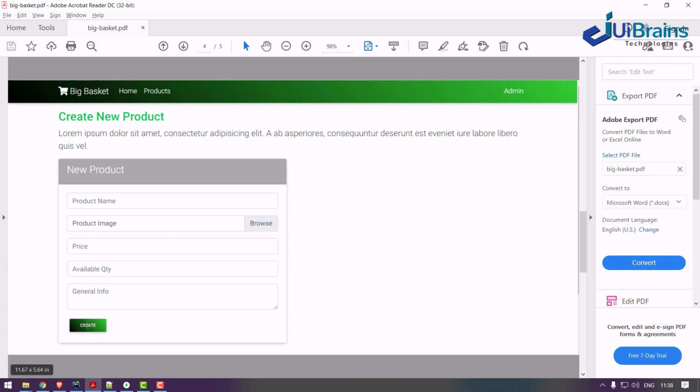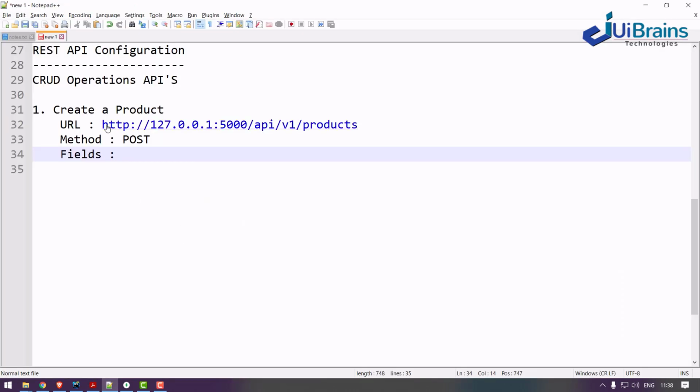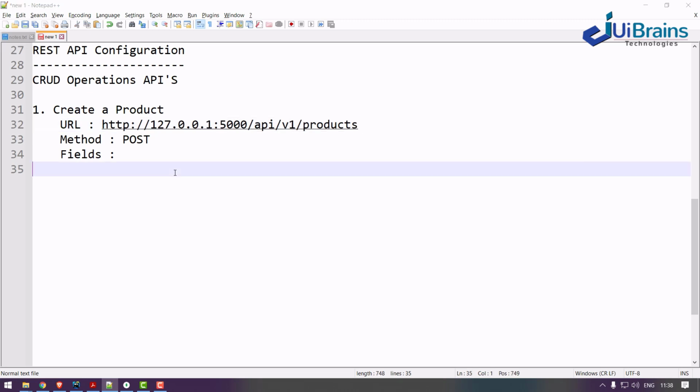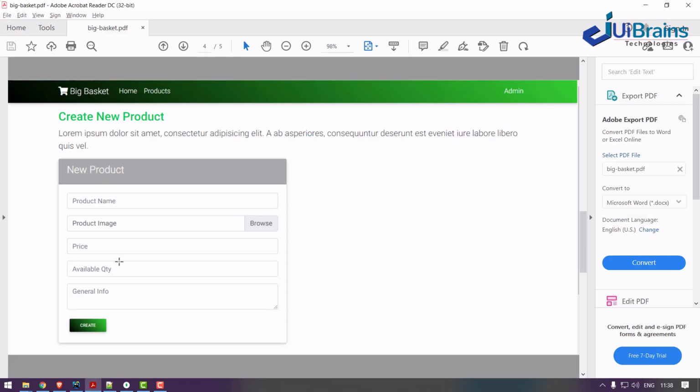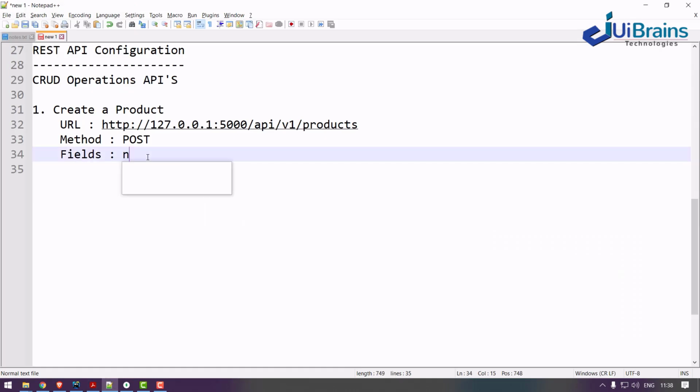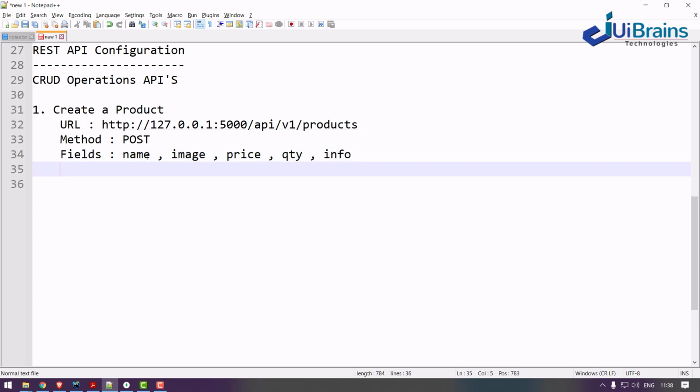The moment you create, it will call this particular API in the backend. So the fields you are required to send to the server are name, image, price, quantity, info. Okay, these are all my fields.